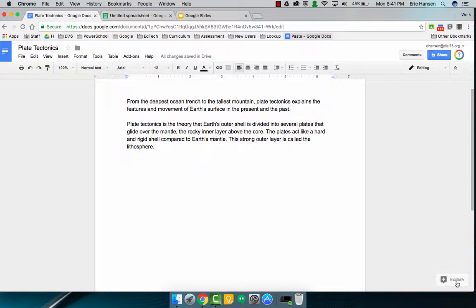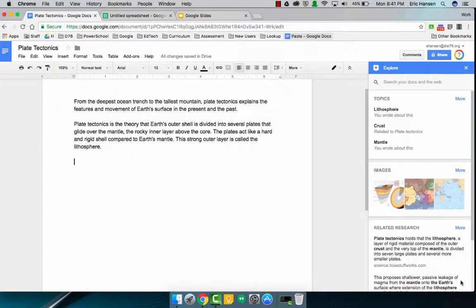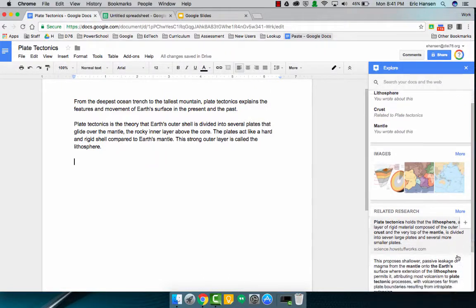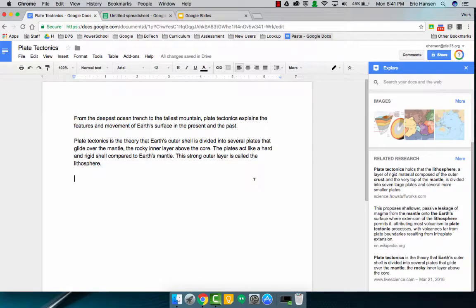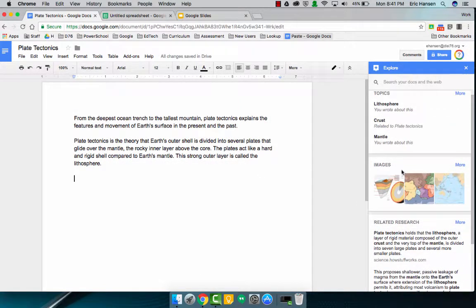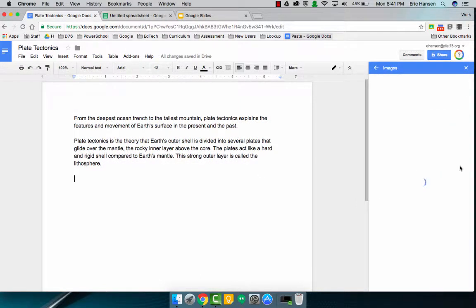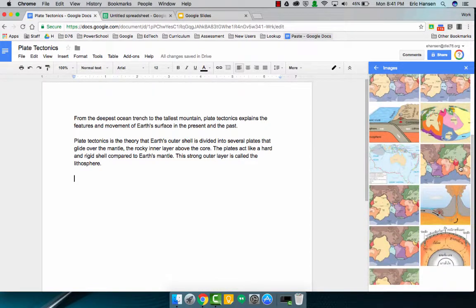So when I am writing a paper and I click on the Explore button, it is going to scan your document for additional topics that you could search for online, images that you could insert within your document, and additional research of text that you could paraphrase and add as a bibliography within your document or as a footnote as well. So right now, it scans some documents here. So if I was to click on more, I should be able to even search for additional images that are